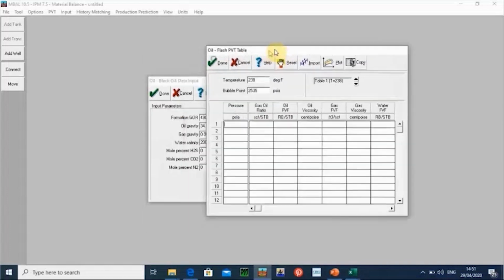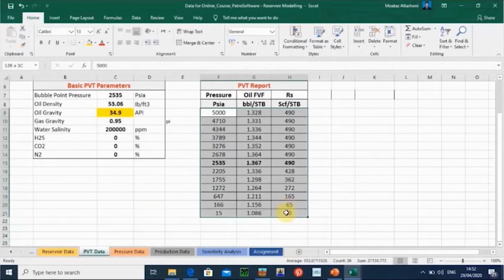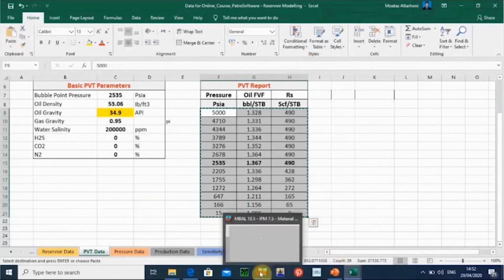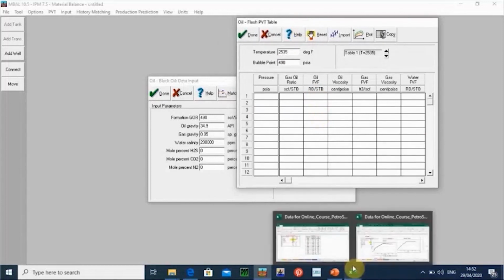Okay. Now you want to enter the PVT data from the Excel sheet. This is the hard point, because you cannot copy this data like this into MBAL. Look, if you want to use copy, it cannot be copied. So you have to enter each value individually, and this is the hard thing, the PVT table. Be careful to enter the pressure, the Rs and the oil formation volume factor with each value. So you will start with number 1 here, focus on this point, and start by entering each point for the pressure and